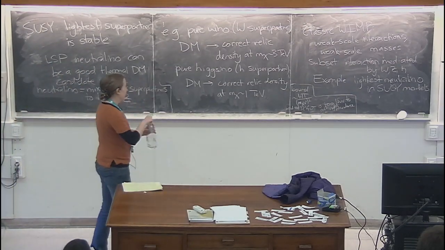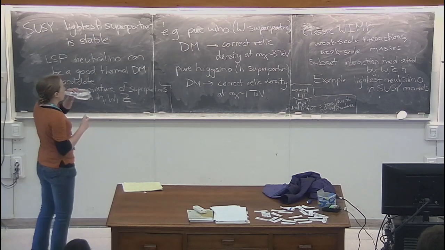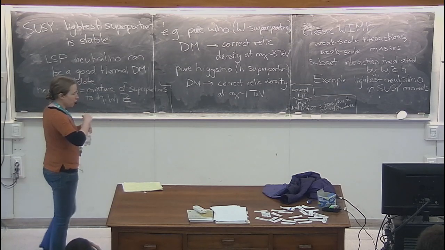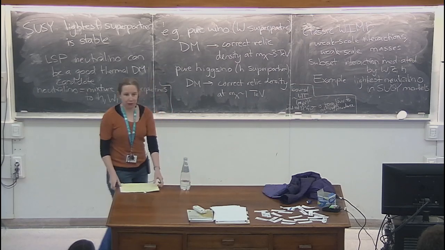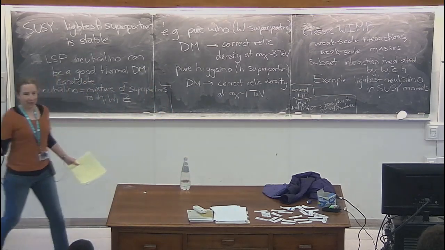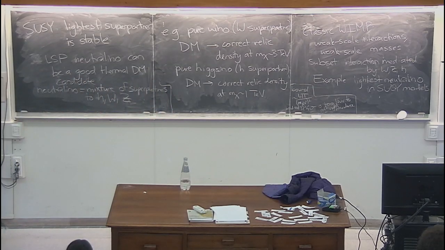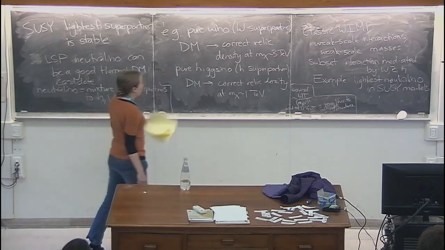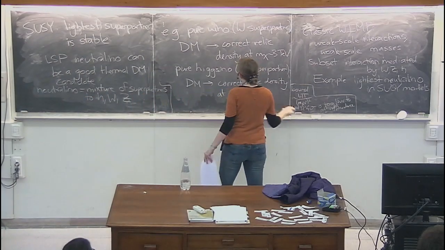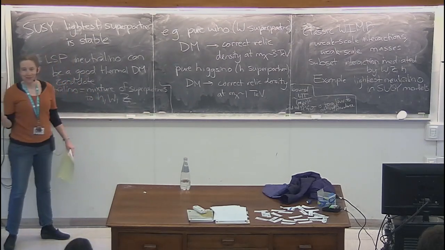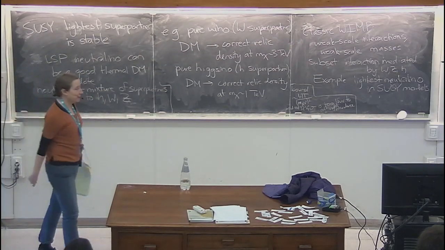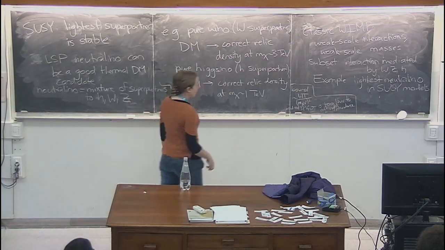Now, this scenario has been... so the very optimistic scenario 10 years ago was that supersymmetry was going to be there, the bottom of the spectrum was going to be at like 100 GeV, the LHC was going to switch on, and we were going to find all these supersymmetric particles and also solve the dark matter problem. Now, this did not happen. This was the sales pitch that I got when I started grad school in 2006, but that didn't pan out.